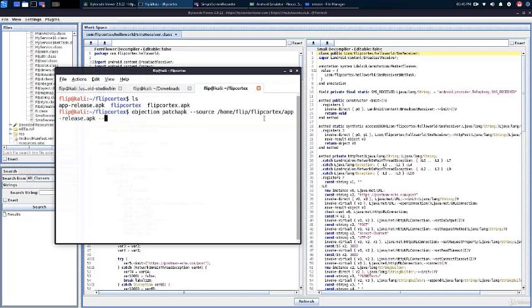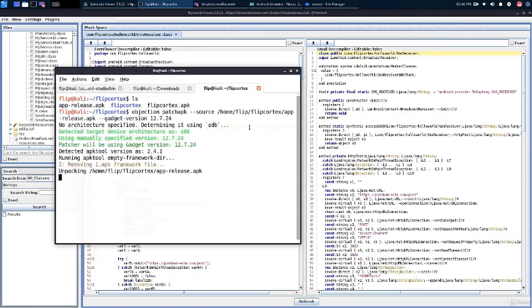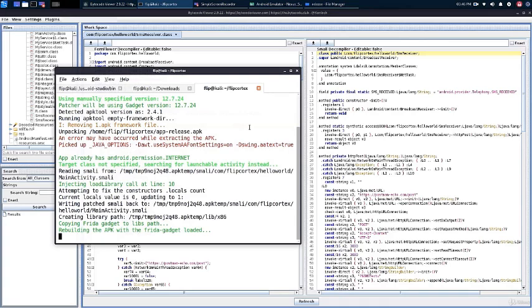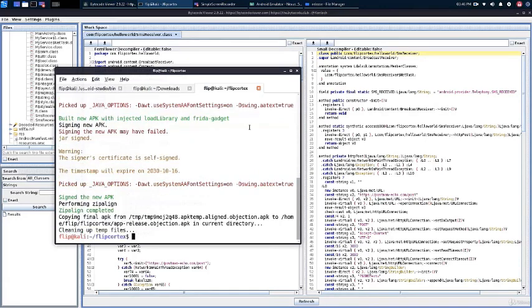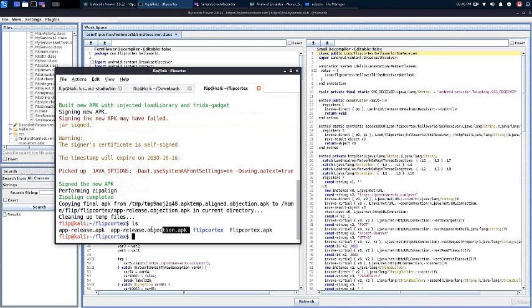Now this is going to instrument the APK, meaning it's going to decompile the app, inject code, and recompile, and sign the app. All of this is done automatically while also using another tool called Frida for instrumentation. This will allow us to hook into specific functions of the app dynamically. Okay, so we give it some time, and we can see it is signing the new APK. And if we look into our folder now, we can see the instrumented version of our APK over here. It appended objection to the name. Okay, now we can go ahead and install.